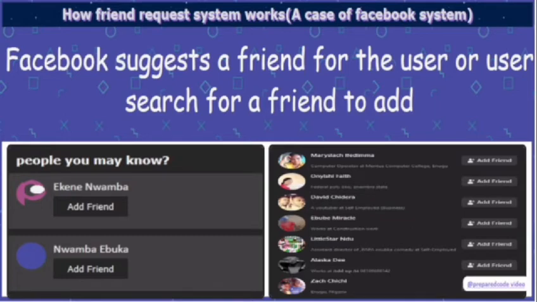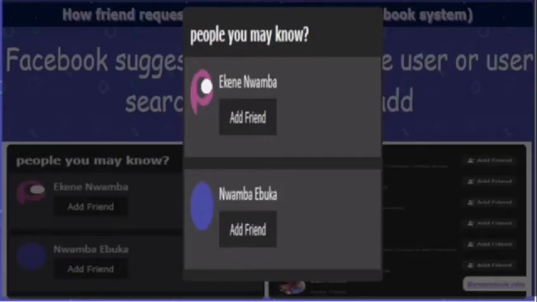Now see what happens once a user hits the add friend button. Now look at the picture we have here. You realize here we'll see people we may know. We'll have an add button, and in the second column on the second row we'll have Wamba Ebuka, with add friend. Now let's assume that user A is logged in, and these users are suggested as people he or she may know. So if user A wants to add Kene Wamba as a friend, now inside this row where